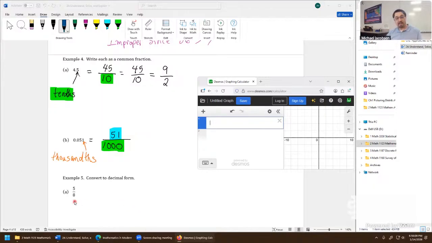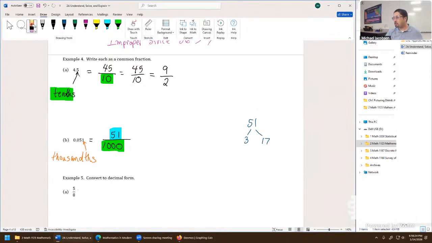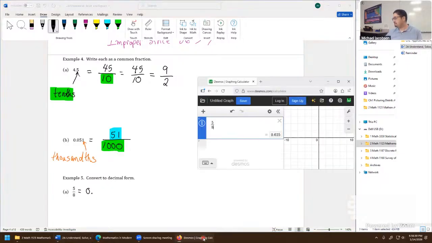And this is nothing but a calculator operation. To go to a decimal form, just take 5 divided by 8, and the job is done right there. The fastest problem we've done all semester, probably the fastest problem we'll ever do. It's 0.625. I'm not too picky how you write this, and neither is the MyLab problem. If you write 0.625,